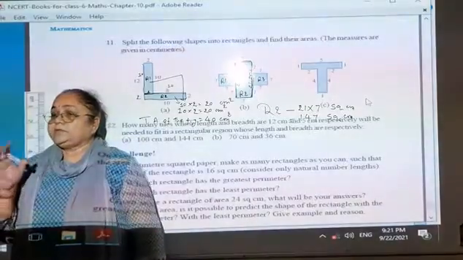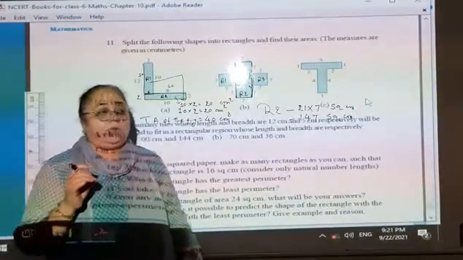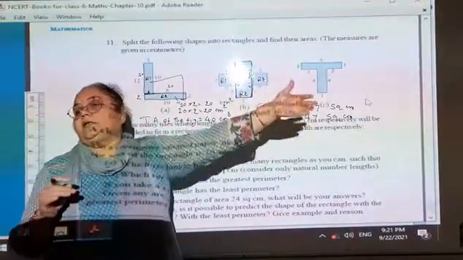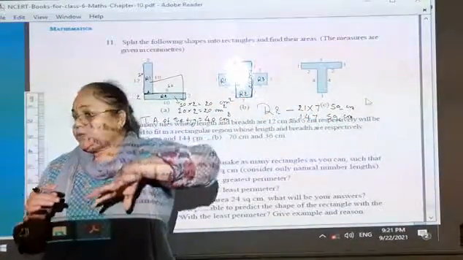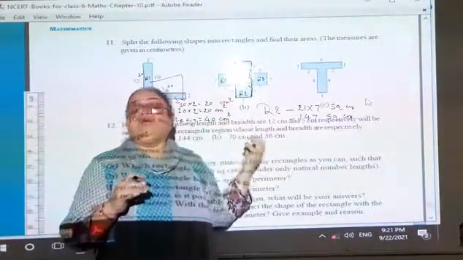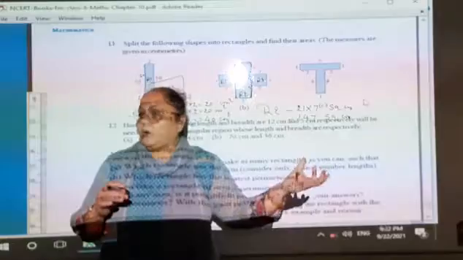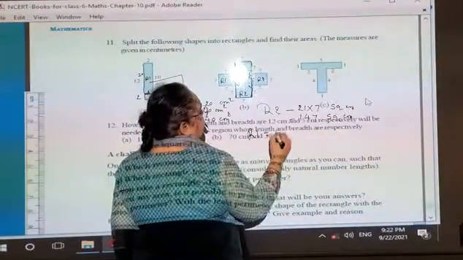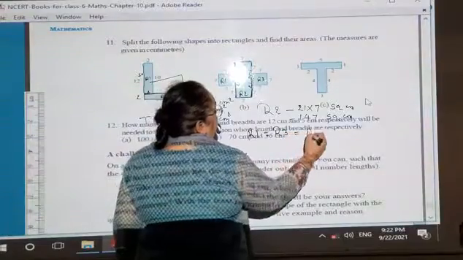These two rectangles have covered the same area. Means if you find any one, you will get the other one also. This way also you can understand. Otherwise, if you are not clear with this, then you can find out the separate areas also. But according to me, rectangle 1 is equal to rectangle 3.